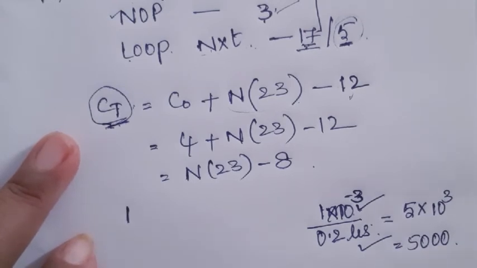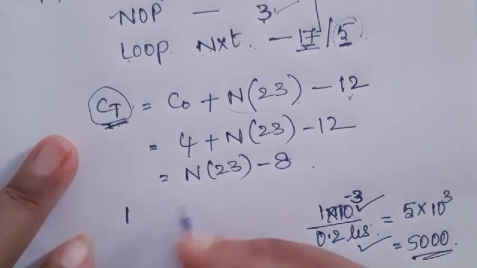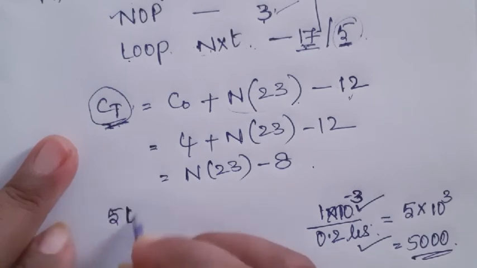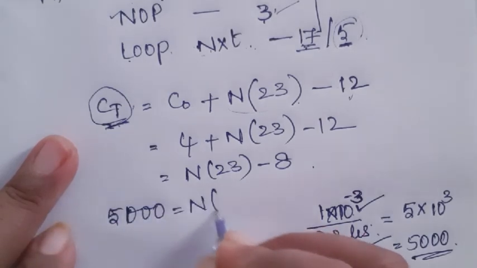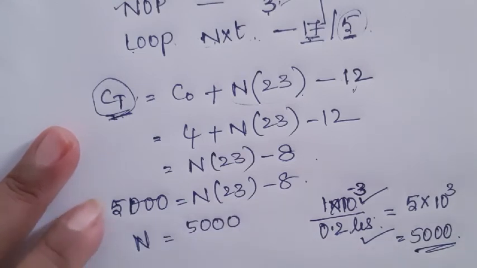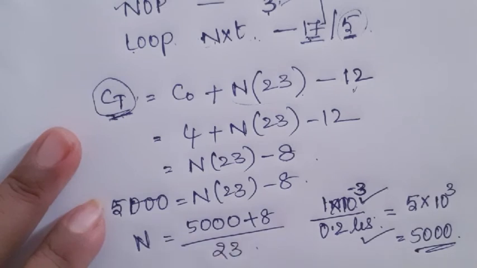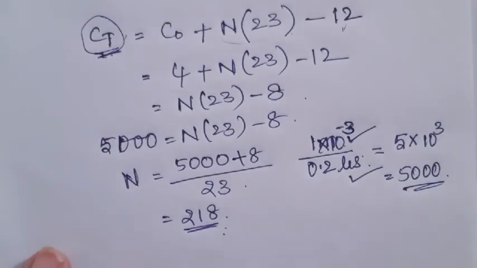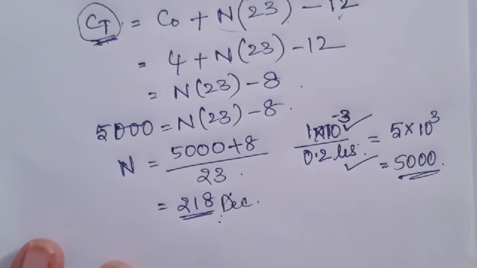Okay, total clock cycles required is 5000. So 5000 is equal to n into 23 minus 8. So n is equal to 5000 plus 8 by 23, it comes to 218. The count is 218. So this is in decimal. You need to convert it to binary. When you convert it to binary, it comes to be